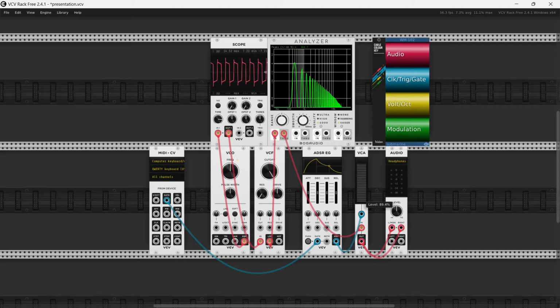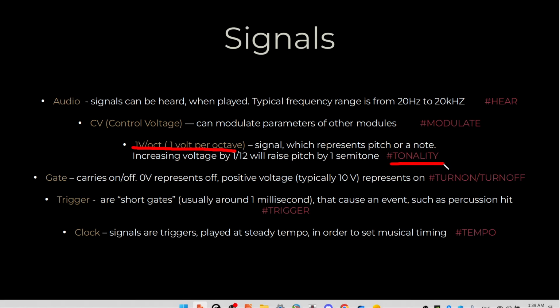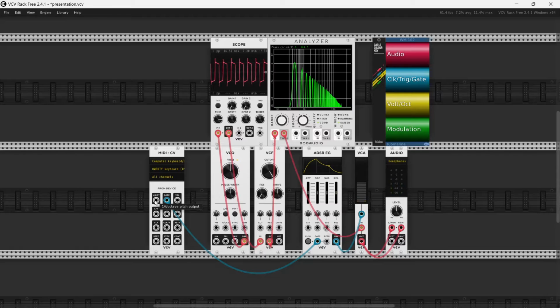Great, we're getting output, but I'm pressing different keys and I'm getting the same note. So to fix that, we have to grab a volts per octave output, which is a signal which represents pitch or note or tonality. So yellow for volts per octave, and it is going to go into the volts per octave input of the oscillator. So now when I play notes,